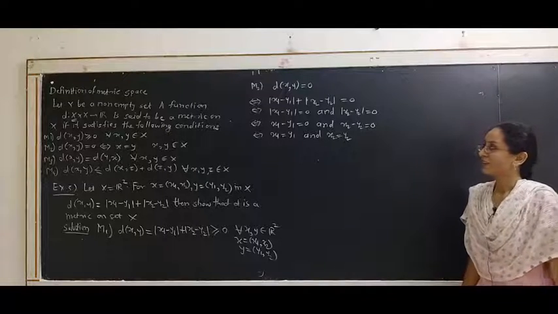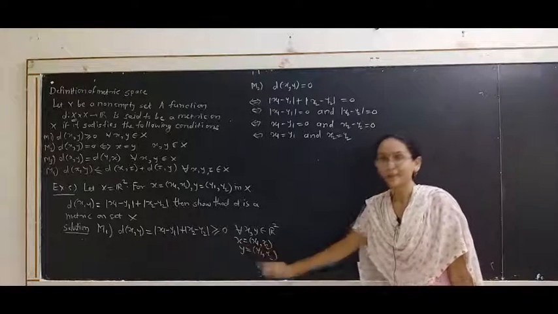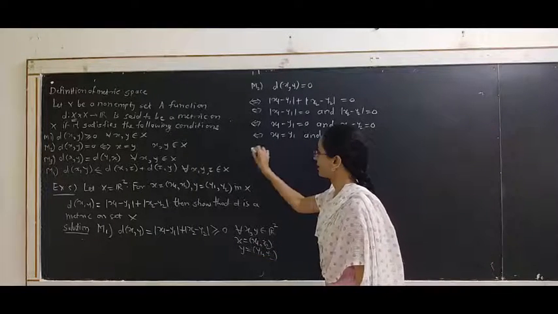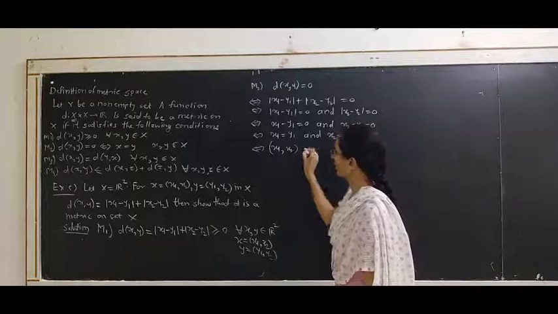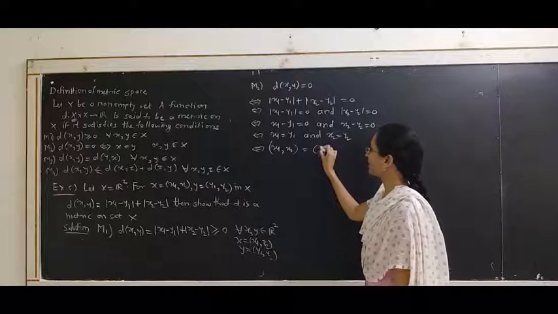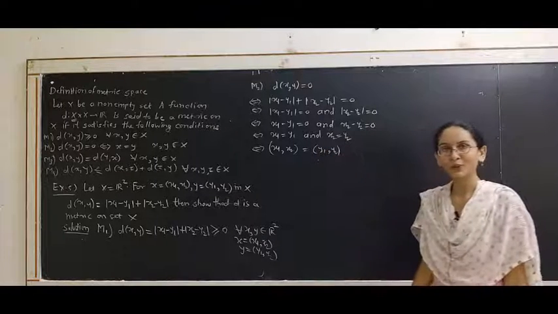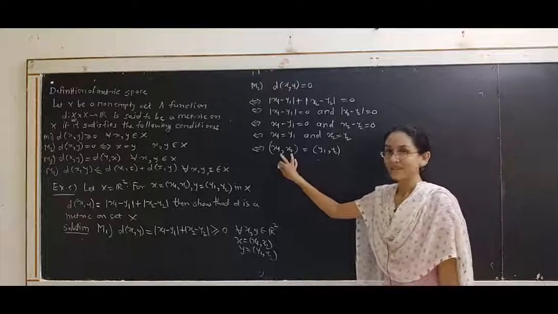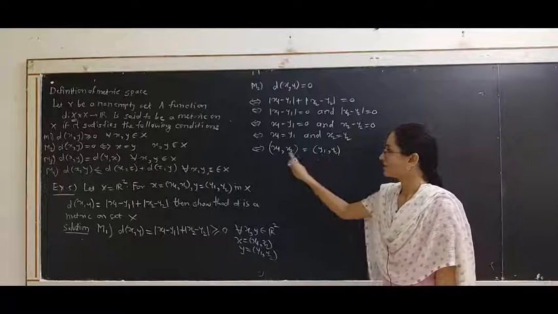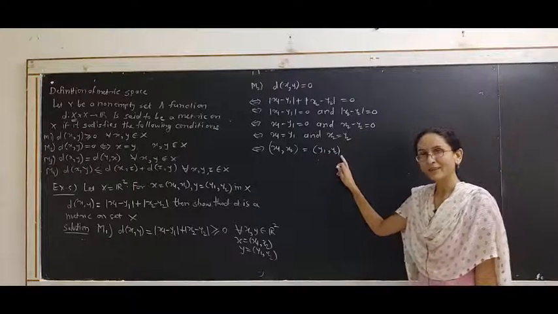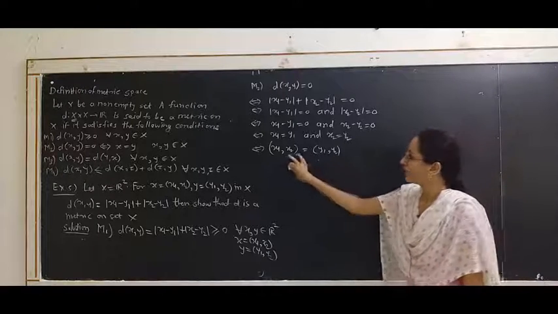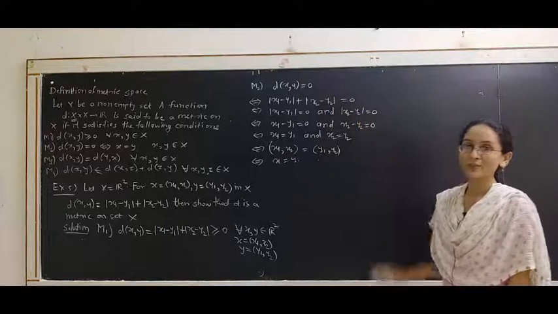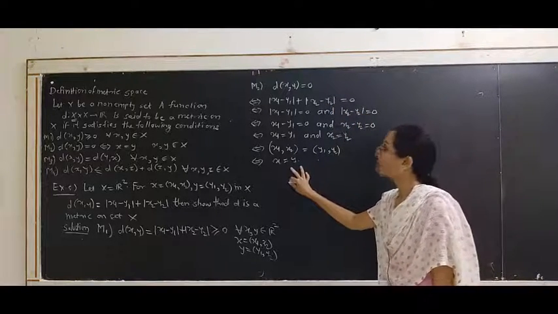As we have x1 and x2 are the coordinates for point x, and y1, y2 are coordinates for point y, we can write from this that the ordered pair x1, x2 is the same as the second ordered pair y1, y2. Because we know two ordered pairs are the same if and only if their corresponding coordinates are the same. First coordinate is the same as first, and the second coordinate of the first ordered pair is the same as the second coordinate of the second ordered pair. Hence, we come to the step x is equal to y. Therefore, D of xy equal to 0 if and only if x is equal to y.